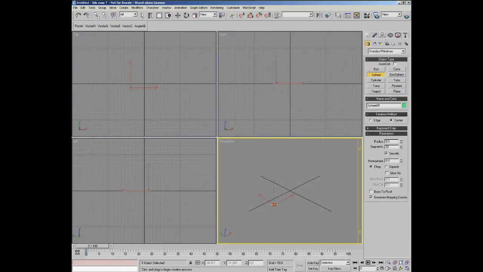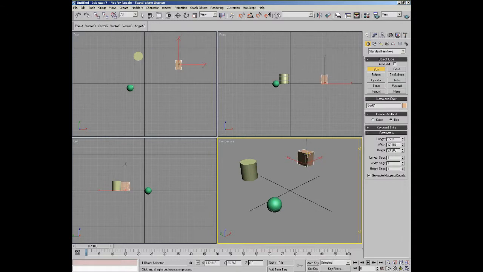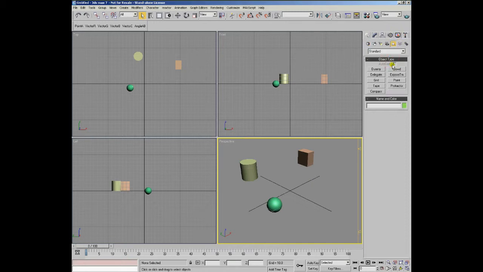Let's create a sphere, a cylinder, and the box, and calculate the angle at the sphere between the vectors connecting the sphere with the box and the sphere with the cylinder. We can create a protractor,